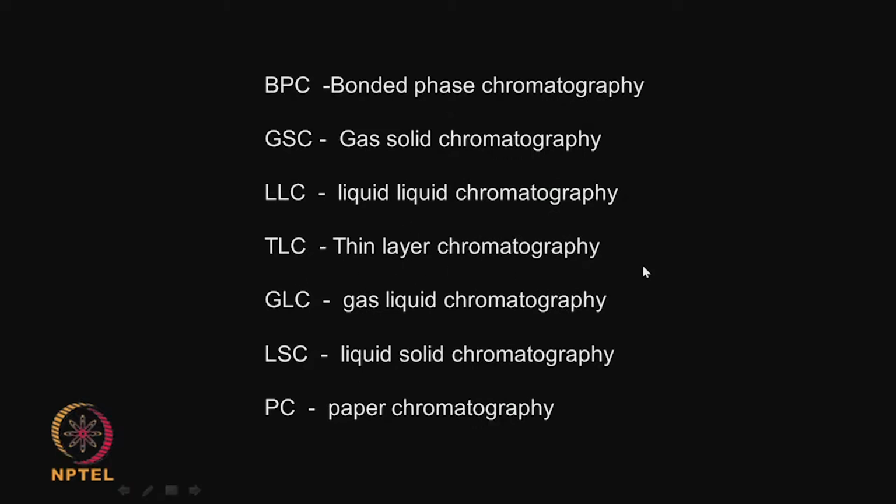So, you must have heard about thin layer chromatograph. We all use thin layer chromatograph in our regular chemistry experiment, where you want to identify some components. This is a very simple technique and extremely powerful and very cheap also. Then we have the gas liquid chromatograph, liquid solid chromatograph, paper chromatograph, liquid liquid chromatograph, gas solid chromatograph, bonded phase chromatograph. So, different types of chromatographs